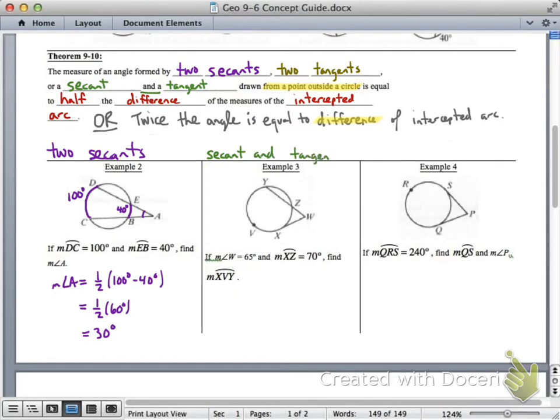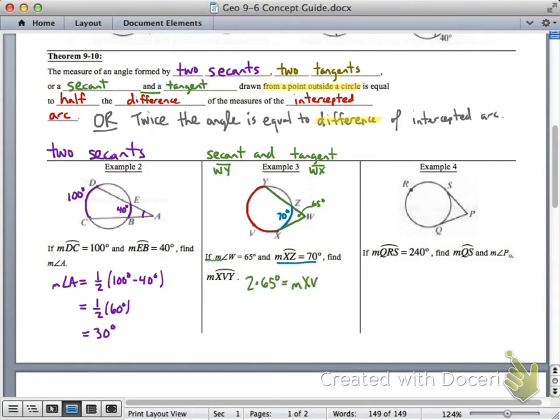Example 3 is formed by a secant and a tangent. That's this version here. Here is secant WY and tangent WX. And it creates these two arcs. We have arc XVY and arc XZ right here. So if the measure of angle W is 65 degrees and arc XZ is equal to 70 degrees, to find the measure of that major arc,